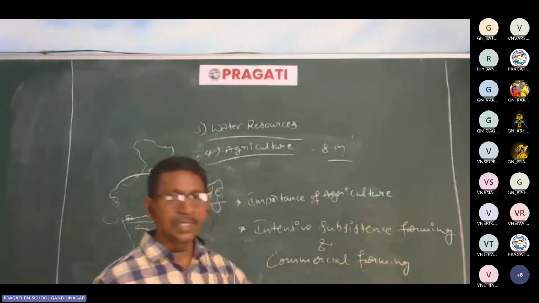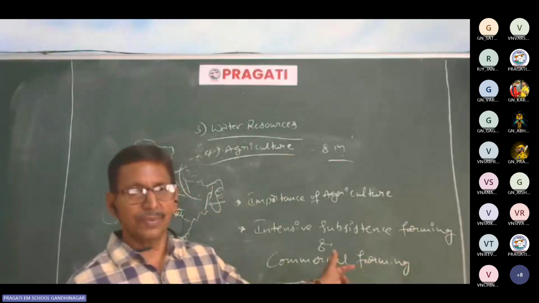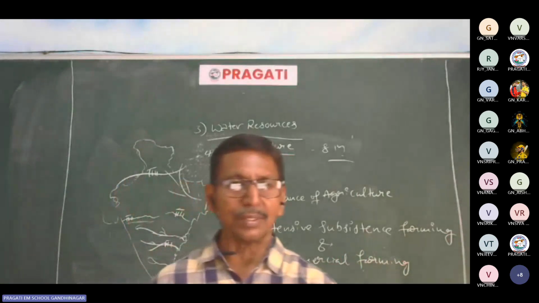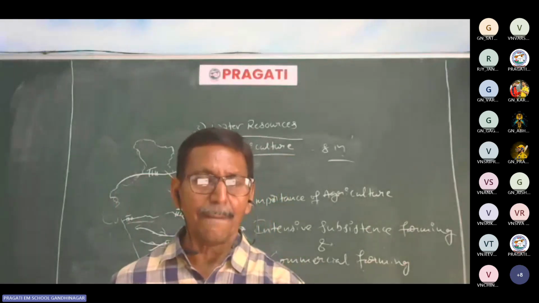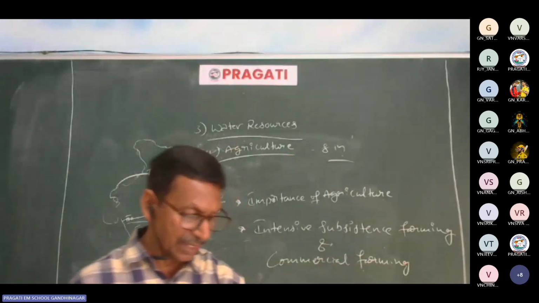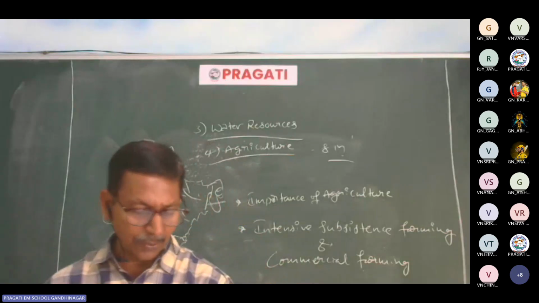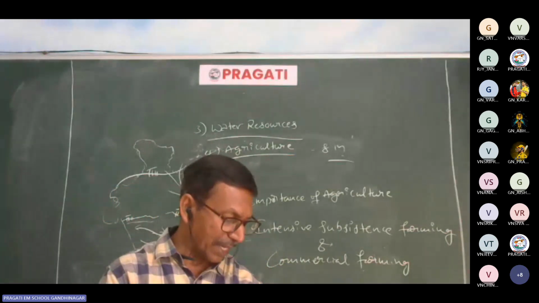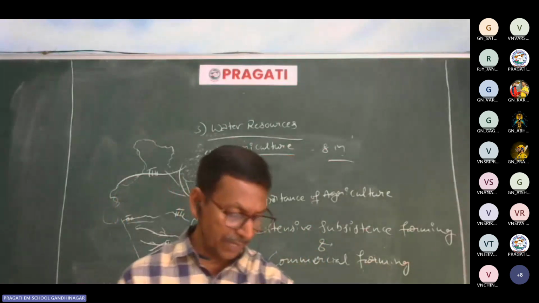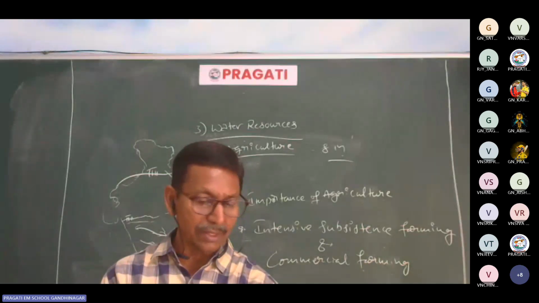Whereas subsistence farming is practiced in Orissa, and whatever they cultivate, they eat. That is what subsistence farming means. With small land holdings, whatever we cultivate, paddy, wheat, etc., if we utilize it ourselves, that is called subsistence farming. See the differences thoroughly. More than one crop is cultivated here, while one crop is cultivated in the fields there. Labor intensive farming. Here, mechanized farming is practiced, mostly machinery is used. Try to see questions like that.